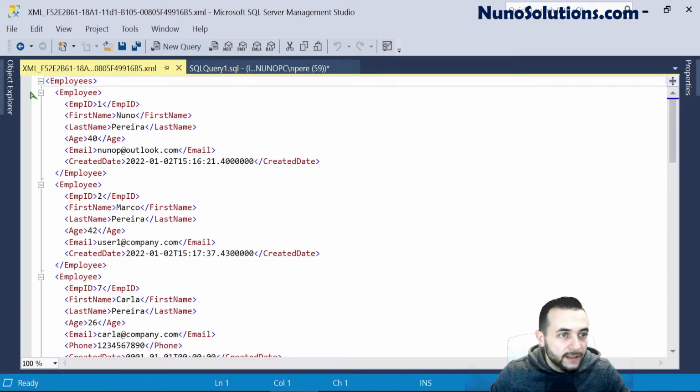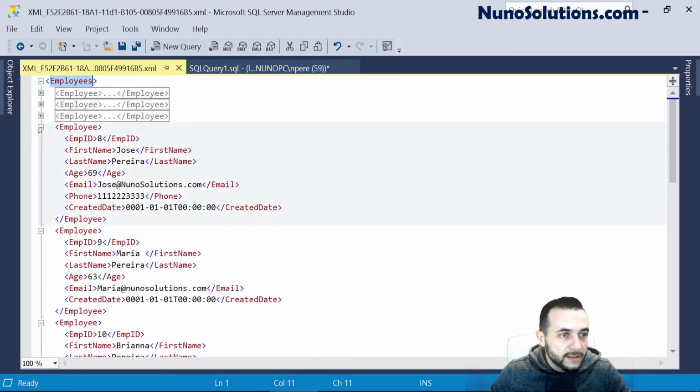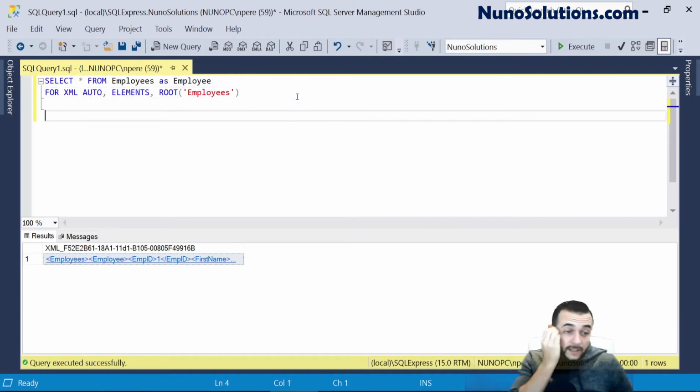And now it looks proper. You have a root element of employees, and then the child elements all start with the name employee. And I'm going to show you a couple more things here. So this is one way to get the data out of a table and output XML data, and also manipulate the root element and the table, the name of the table, the way it renders to the XML for each